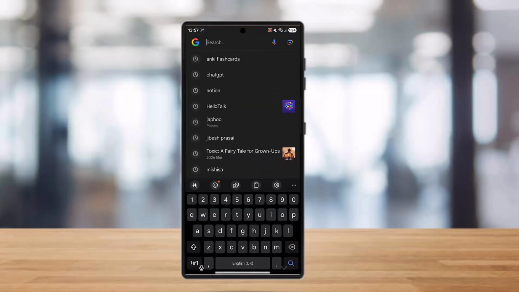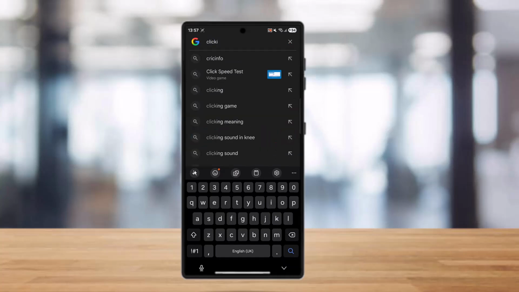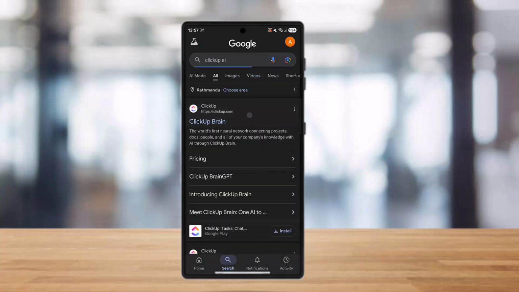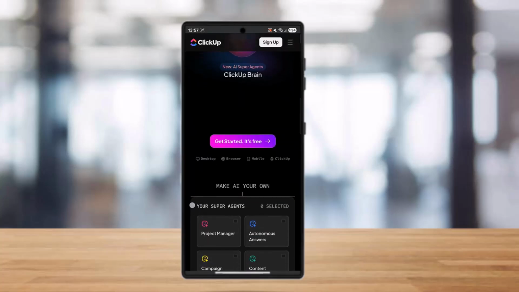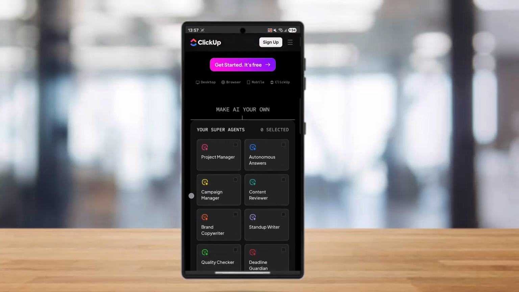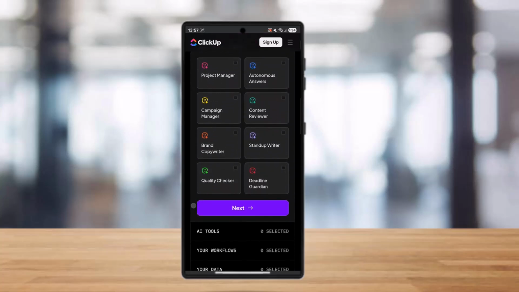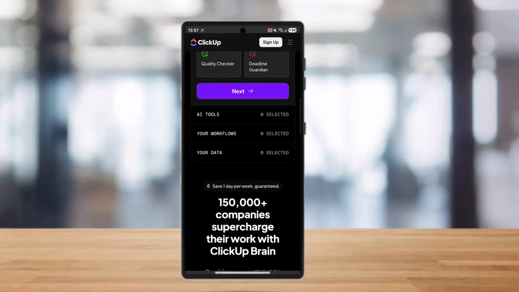So if you want to assign tasks in ClickUp for team projects, all you can do is simply tap on ClickUp. Once you tap on ClickUp, to assign a task in it, you need to open the task. After this, you need to click on the Assignees field, which is the people icon, and select team members from the drop-down, or use the multitask toolbar in the list view to assign multiple tasks at once by selecting them